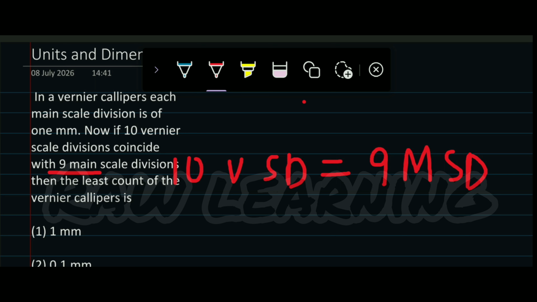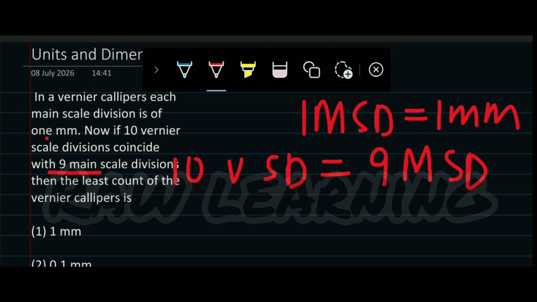We know the value of 1 MSD, which is 1 main scale division, is equal to 1 mm, as written here.